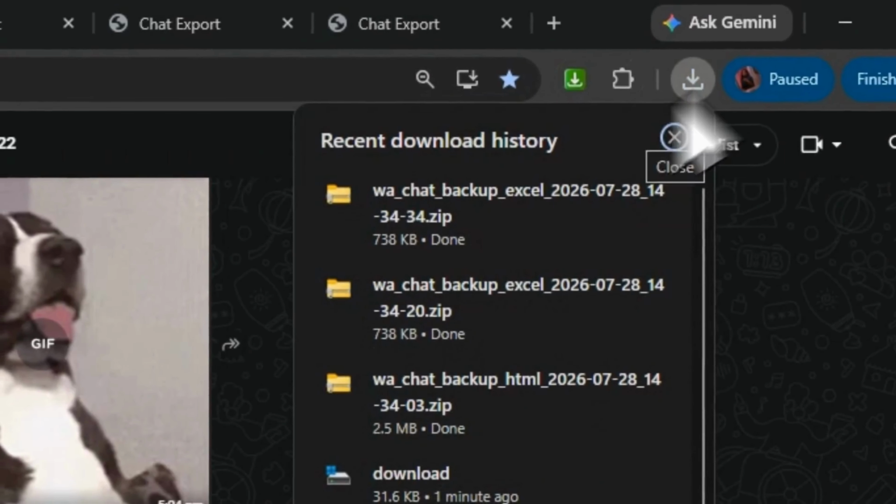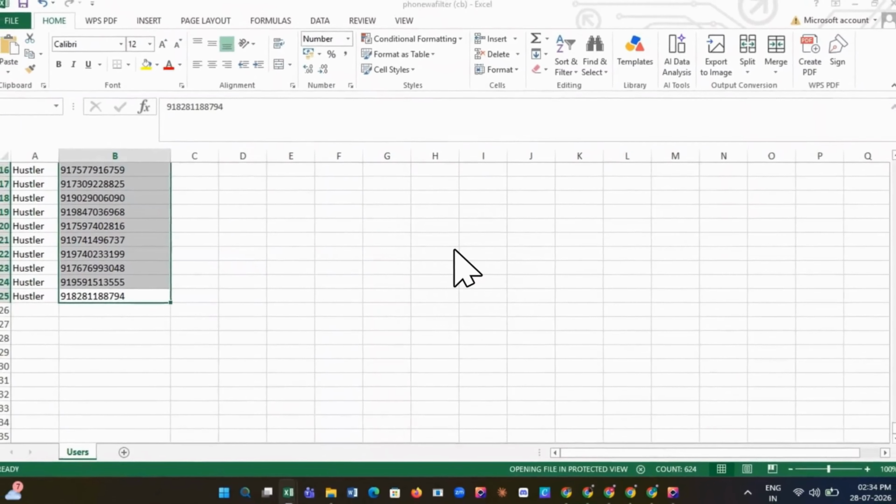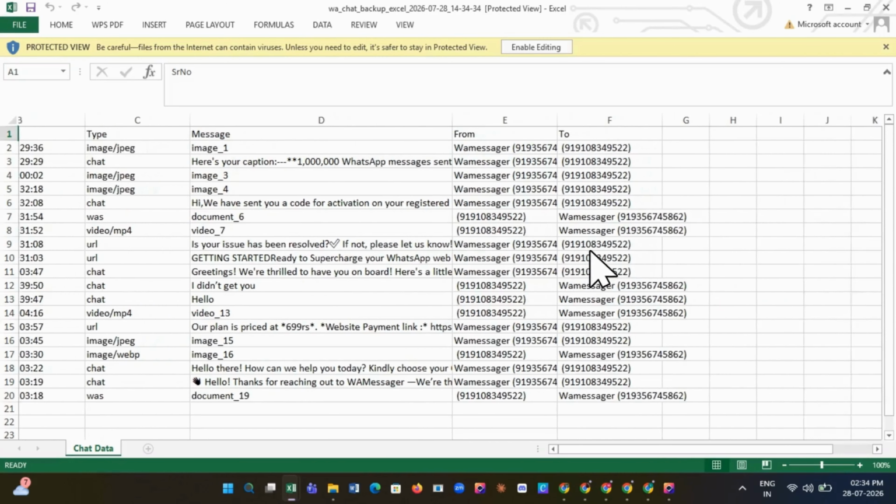Go to Downloads and open it. You will find all the files and Excel sheet. Open it to find the messages and other